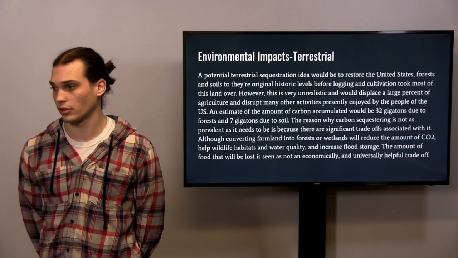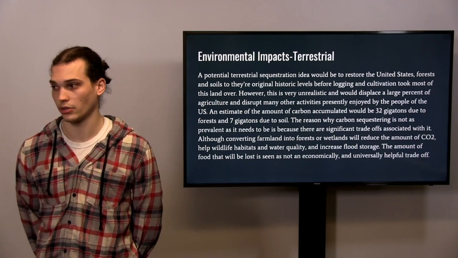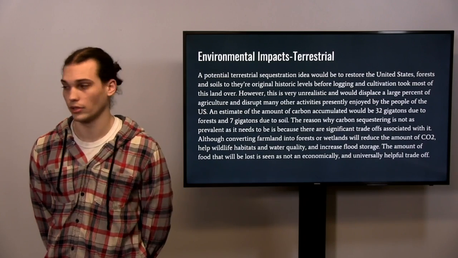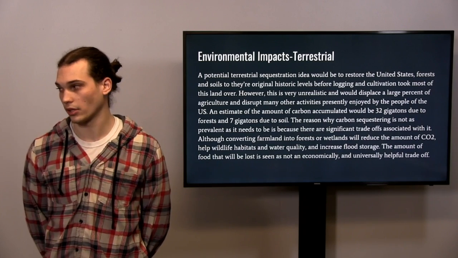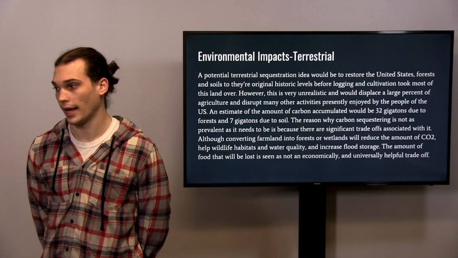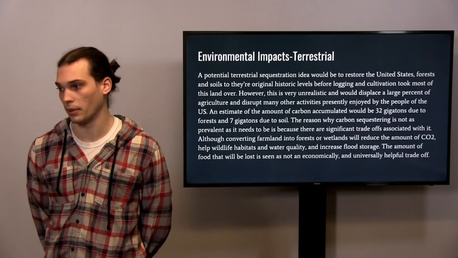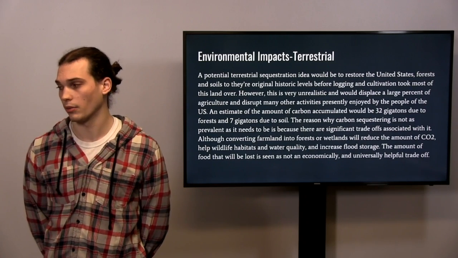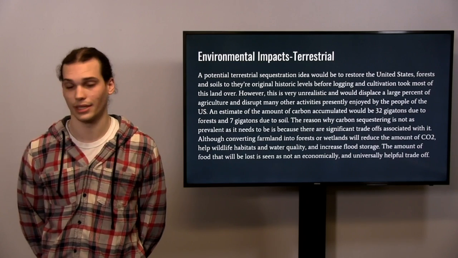A potential terrestrial sequestration idea would be to restore the United States forests and soils to their original historic levels before logging and cultivation took place. However, this is very unrealistic and would displace a large percent of agriculture and disrupt many other activities presently enjoyed by the people of the U.S. An estimate of the amount of carbon accumulated would be 32 gigatons due to forests and 7 gigatons due to